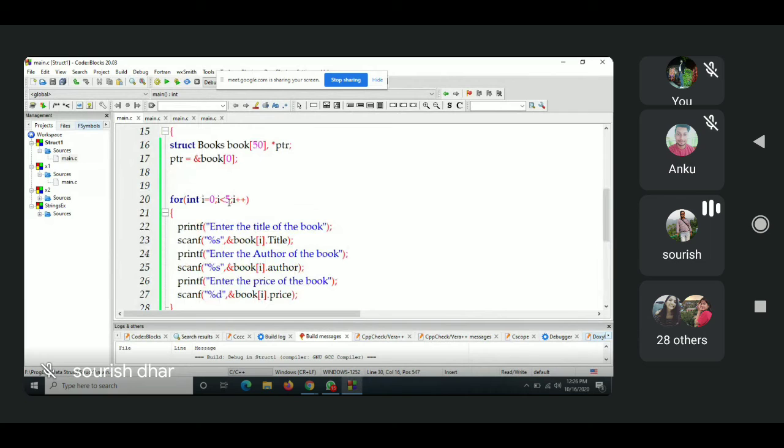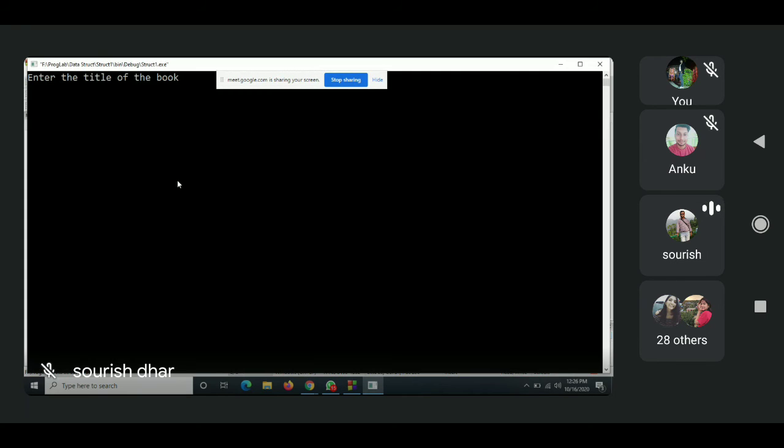Here I'm making 5 of only 2 elements. The title of the book, WR, and price of the book is 700.